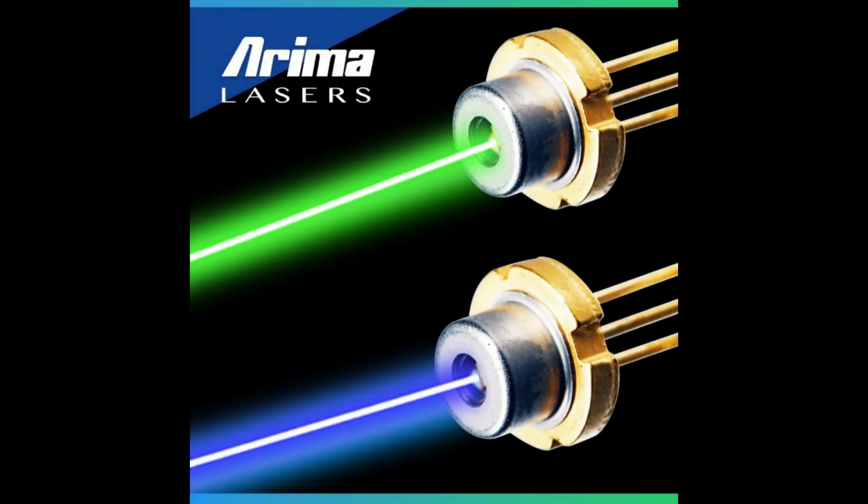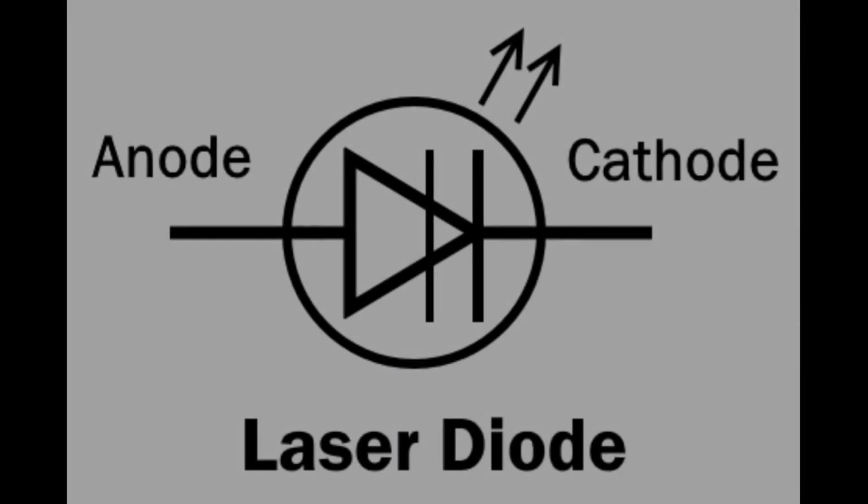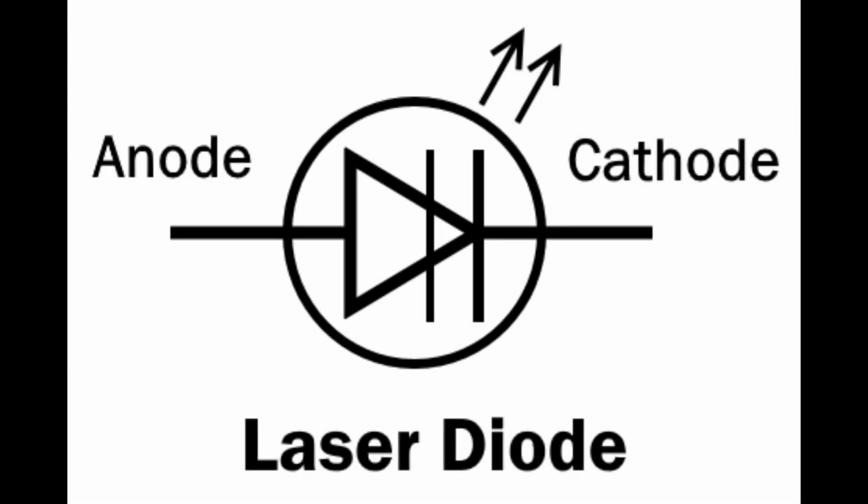Laser diode. A laser diode is similar to an LED because it converts electrical energy into light energy, but unlike an LED, a laser diode produces coherent light. The laser diode consists of a PN junction where electrons and holes combine together in an intrinsic region. When they combine, it generates a laser beam. Laser diodes are used in optical communication, laser pointers, CD drives and laser printers, etc.